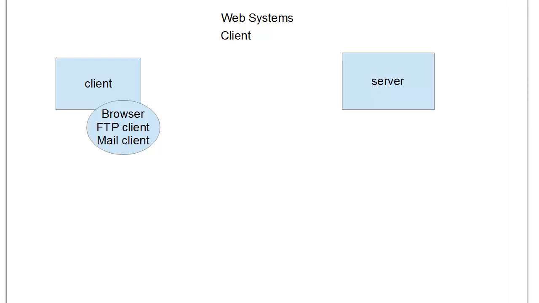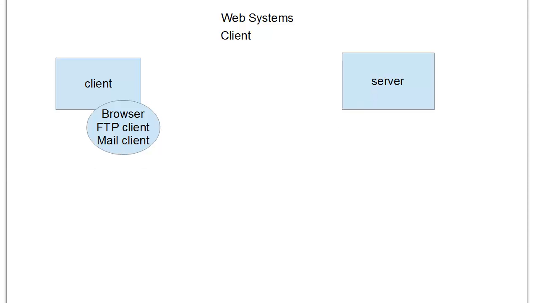For instance, when I teach web development, we use this Dreamweaver software, and built into that Dreamweaver software is an FTP client that allows that software to use the file transfer protocol. That's what FTP stands for, and that's for moving files from one location to the other on the internet. And so it has the FTP client in there. The other thing is your mail client. When you're using your mail program, you are using a mail client. And client means that it's software that sits locally, and it is querying a server,